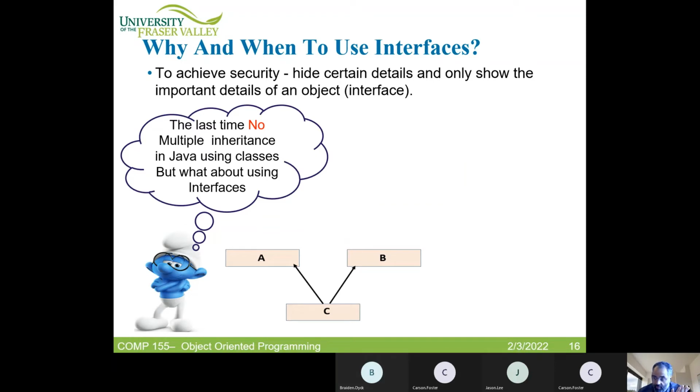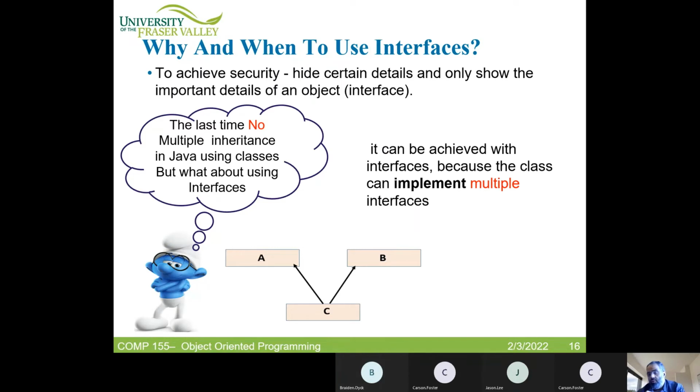We said, do you remember what we said? Kerson or Braden or Jason, do you remember when we talked about this? You said classes? No. We said no, we can't do it. But now the interface will solve the problem. So using interfaces, we can have this multiple inheritance. Maybe "multiple inheritance" is not a very accurate word,